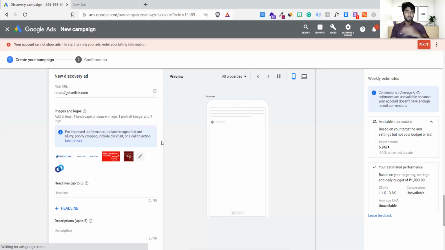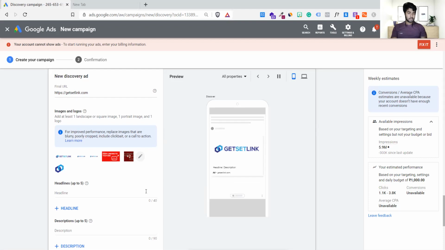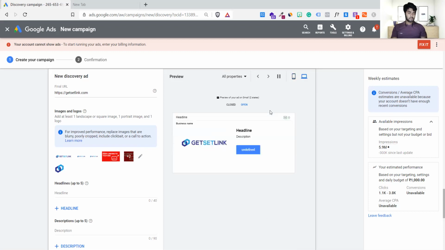To make it better, of course, you have to create your own designs and push them. It will be much better to watch it on YouTube or somewhere else, because it is going to vary each time. So let it get loaded. Let's see how it will look on the PC version. Let me see the closed one. This is how it will look. Okay, let's finish up our ads first, then we'll see how the preview is actually looking.